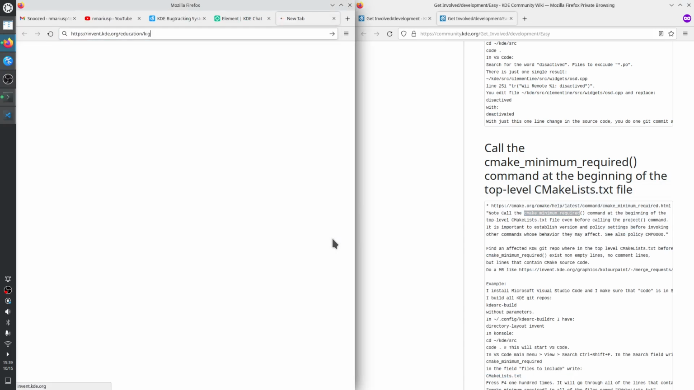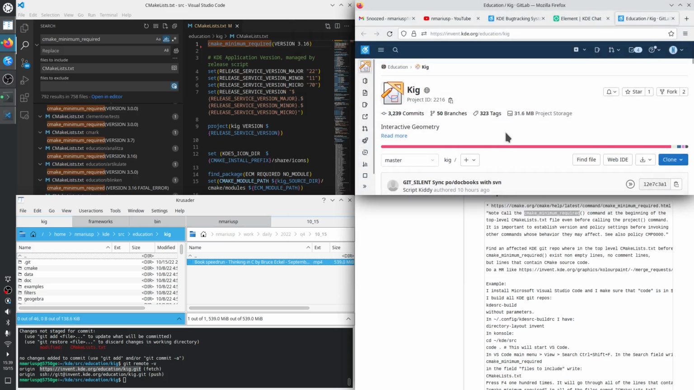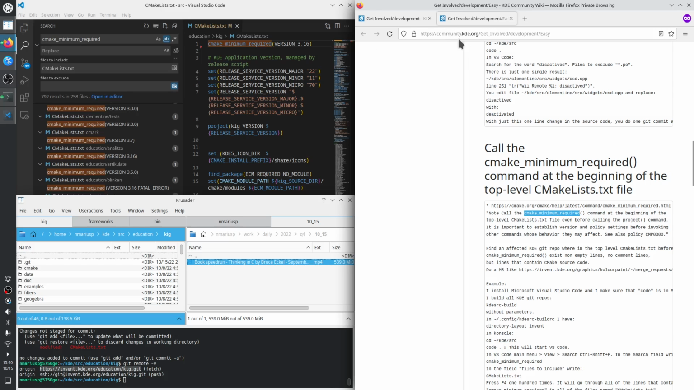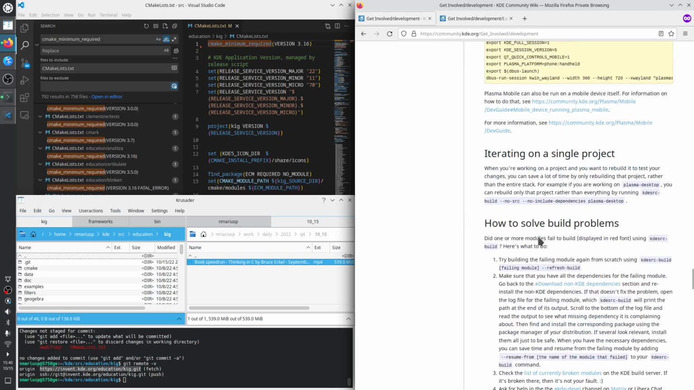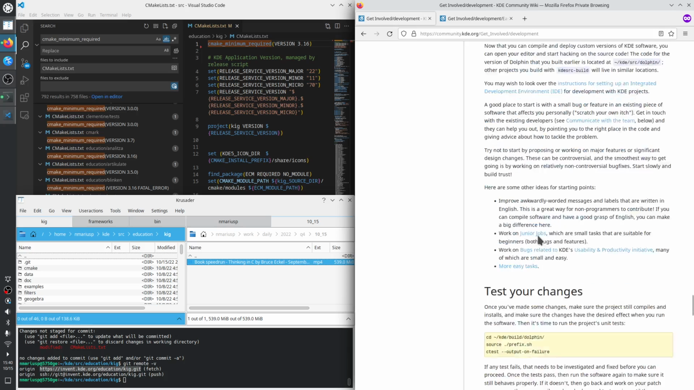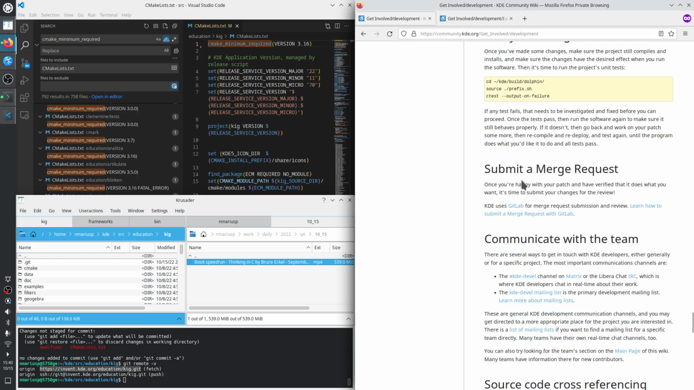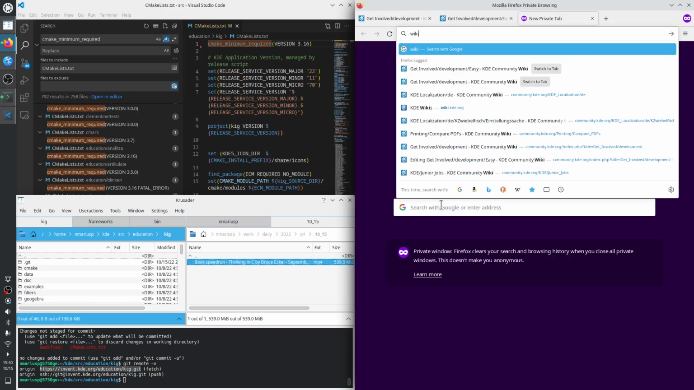Okay, so I'm logged in with my user. This is https://invent.kde.org/education/kig. And the first thing that I want to do, so this all is documented in here, where it says the chapter, submit a merge request. So it says KDE uses GitLab, which GitLab is